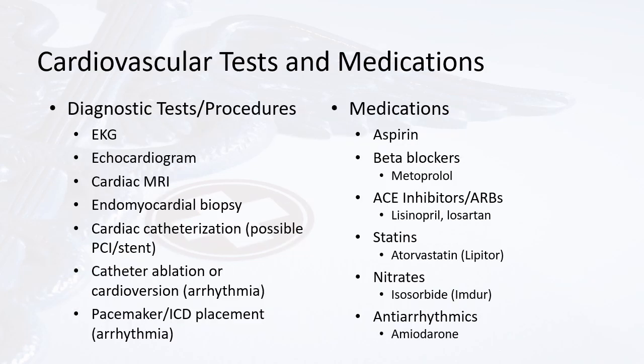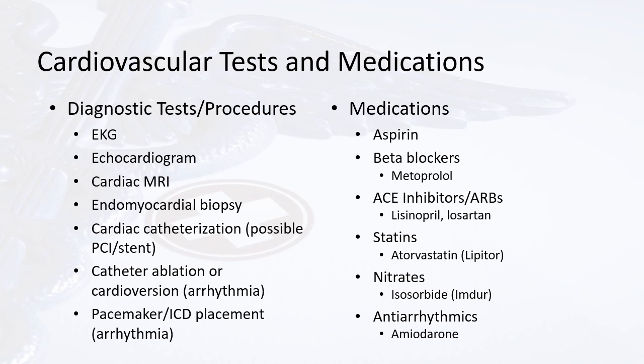Patients who had myocardial injury in the ICU would likely have had elevated troponin and/or BNP levels, and those results may be available for review in the patient's medical record. We can also look up any diagnostic tests and procedures that were done in the hospital or even as a follow-up in the outpatient setting, such as EKG to determine heart rhythm, echocardiogram to determine heart function, a cardiac MRI,